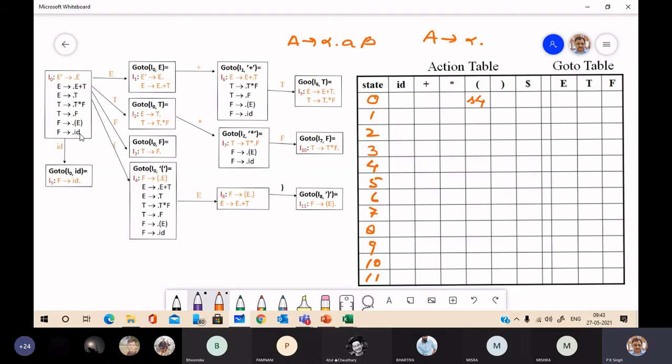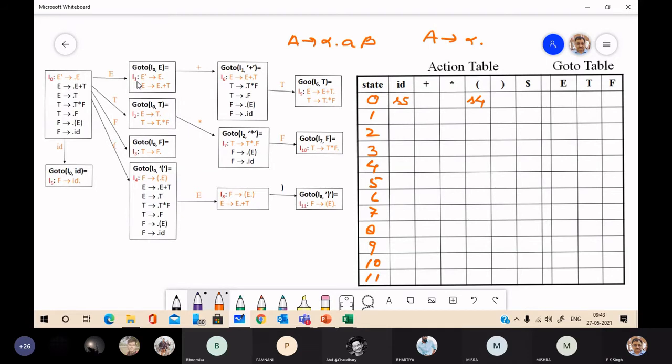Next we have this ID. So here the action is shift, and go to I0 ID is I5. So S5. Now here, if you see, we have this item E2 E dot plus T. In an item of this form, we have a terminal symbol just after the dot, then the action is shift.